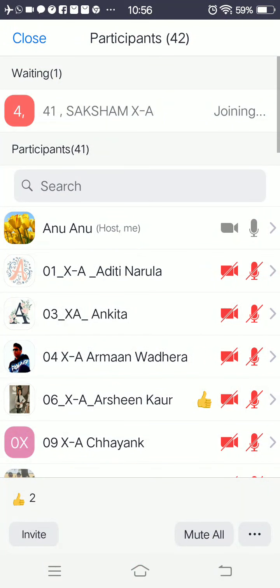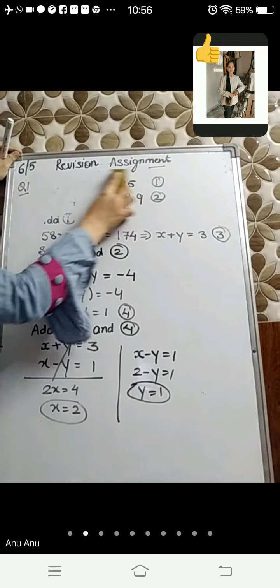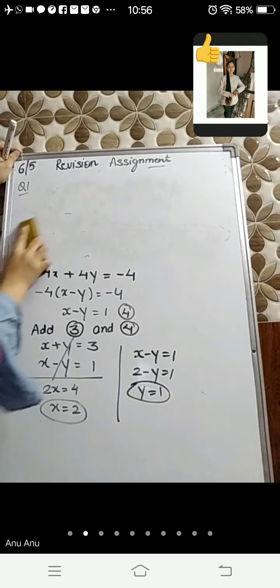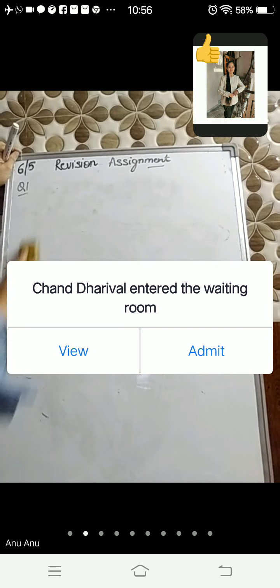Done. Okay. Now the second question is. In the second question, two equations are given and the condition is given that they have infinitely many solutions, and for infinite solutions you will use the condition. Yes, can anyone tell me the condition for infinite solutions?